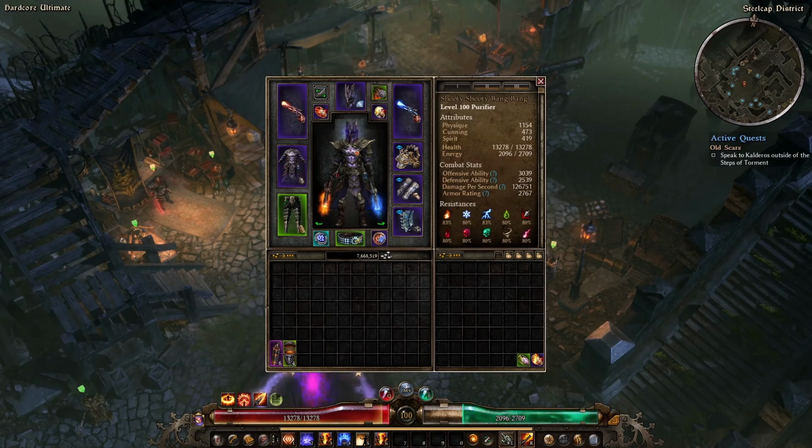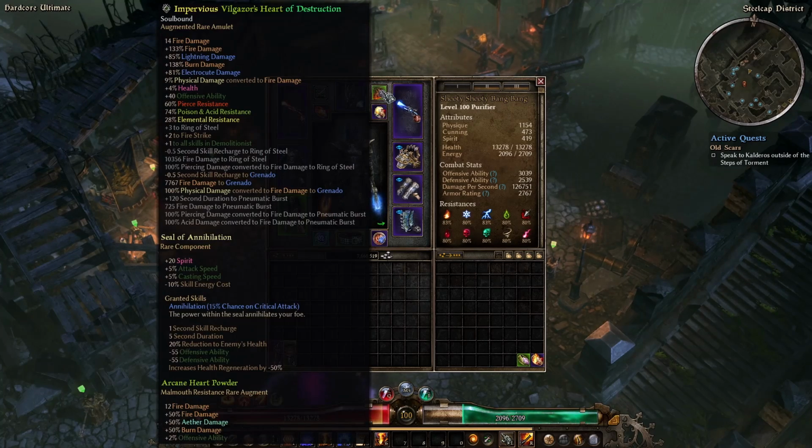they are not required. The amulet is going to be Vilgaze's Heart for +1 to Demolitionist skills, and there are many other amulets that do give +1 to Demolitionist skills. You can use any of those. Just be careful about your resistances. I've gone with this MI because it has a 100% drop rate, which made it a little bit easier to farm and made it target farmable. And also because this particular drop came with a resistance prefix that I needed and the of destruction suffix that